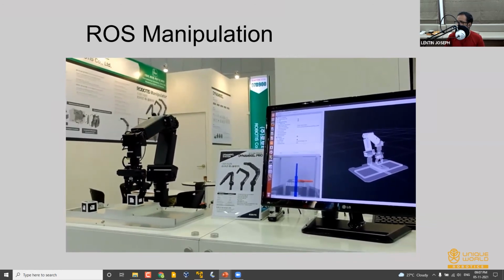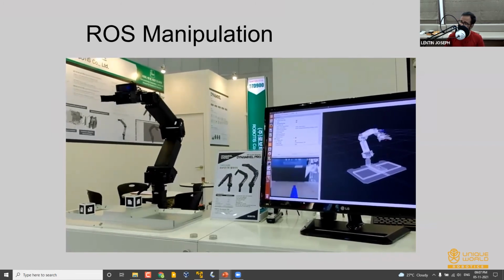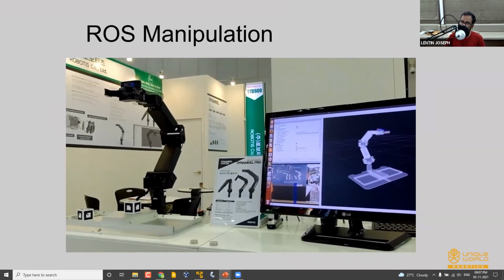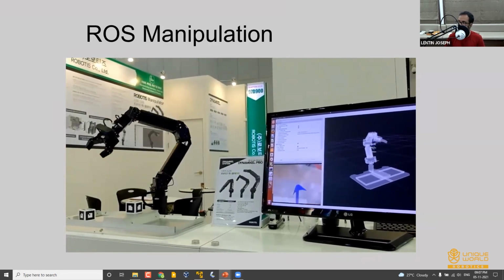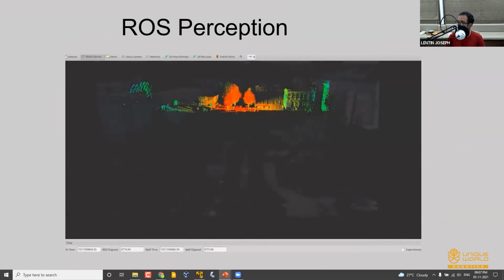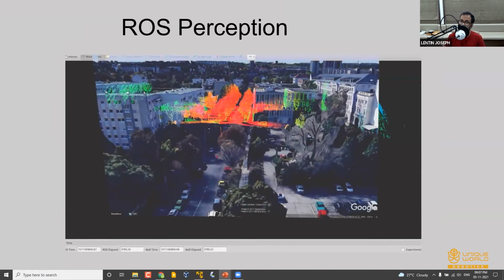So there is a question: can we insert another surface like water in RViz? RViz is just for visualization, okay? But in Gazebo, you can add surfaces like water. That is possible, okay? And another capability is perception, like from the camera or LiDAR, you can create these kinds